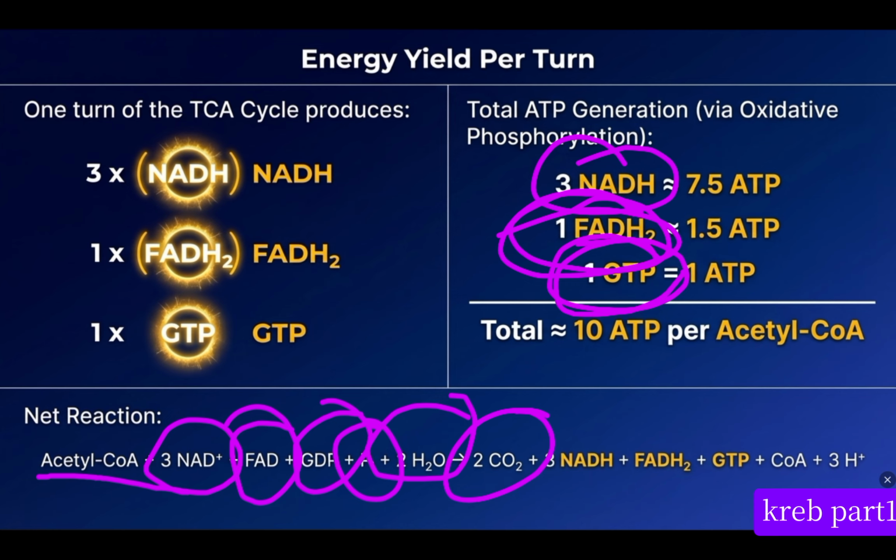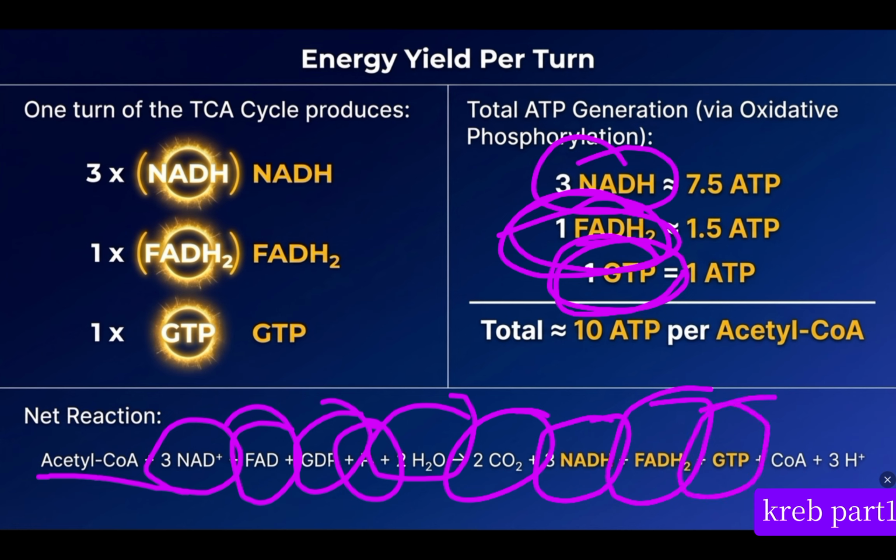So when they undergo this process and return back to oxaloacetate, we now have what? 4 carbon. Therefore 2 have undergone decarboxylation